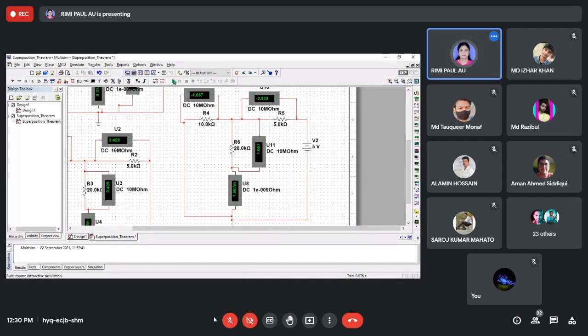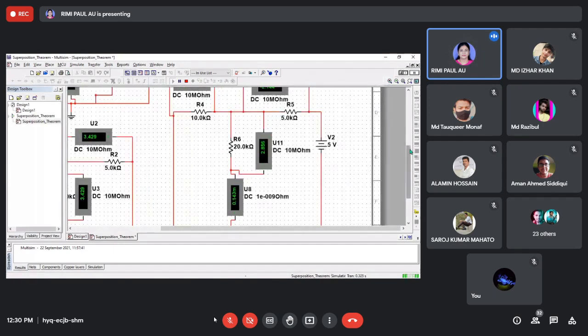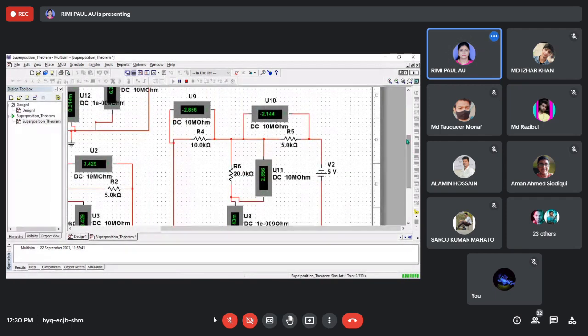Now I am running the simulation. So what I am seeing here, it is minus 2.856. If I enlarge, I can see here that across the 10 kilo ohm it is minus 2.856 volt.